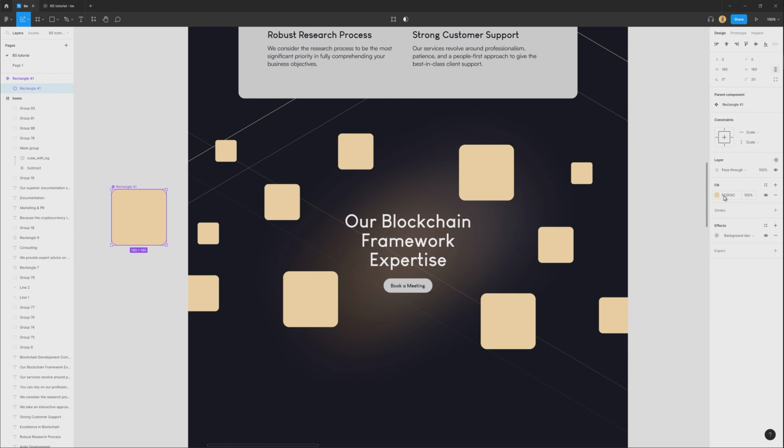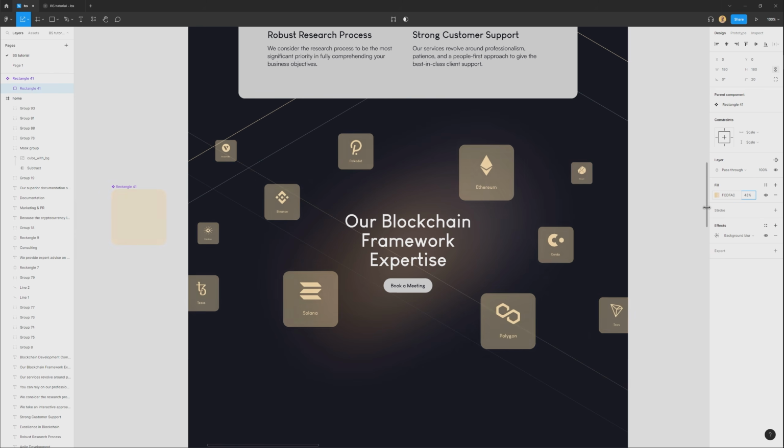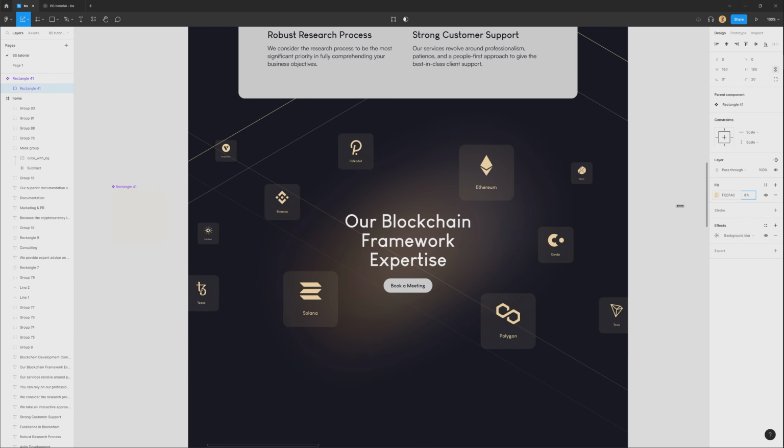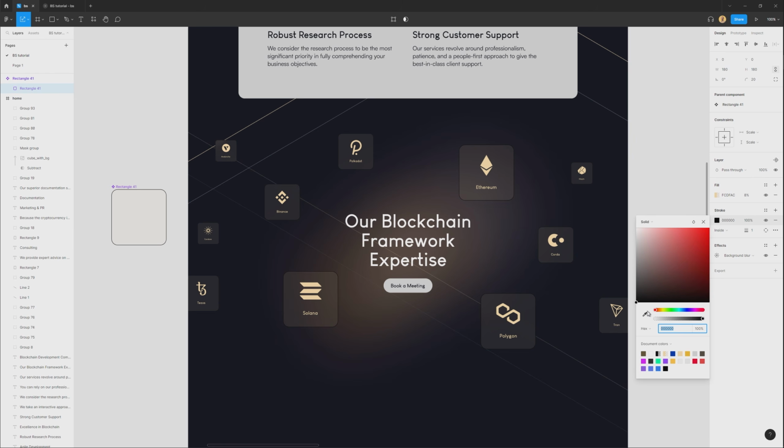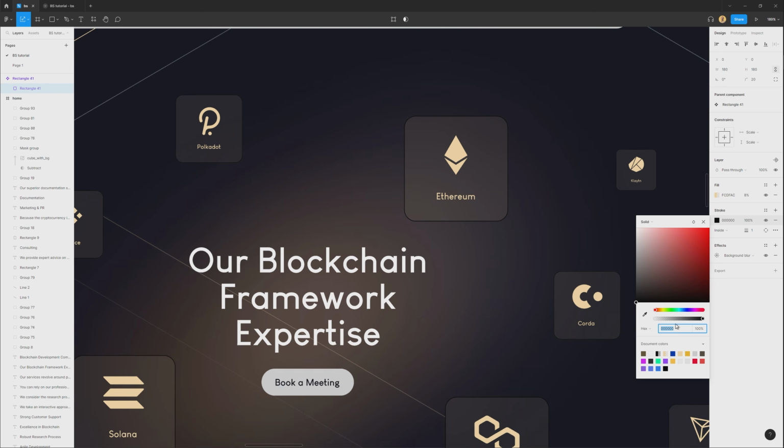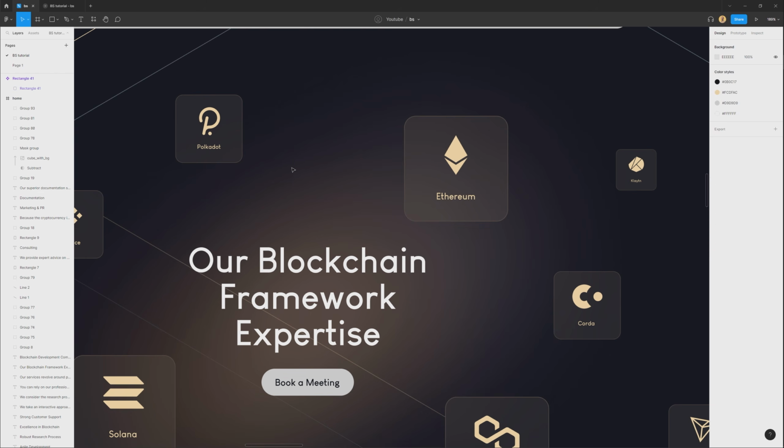Now let's change opacity for our fill, maybe 8, and add background blur, maybe 50. And let's add stroke, maybe darker. Let's try something like this. Okay, now let's check